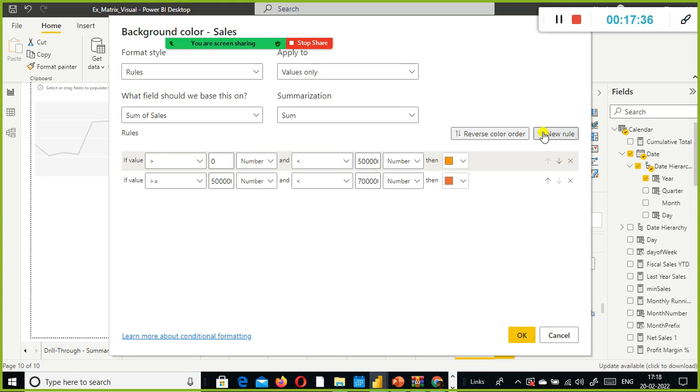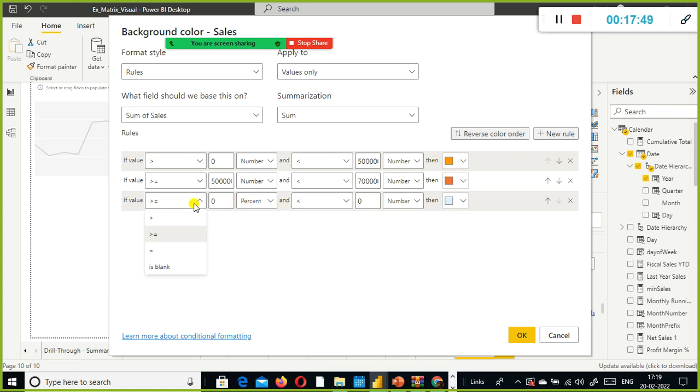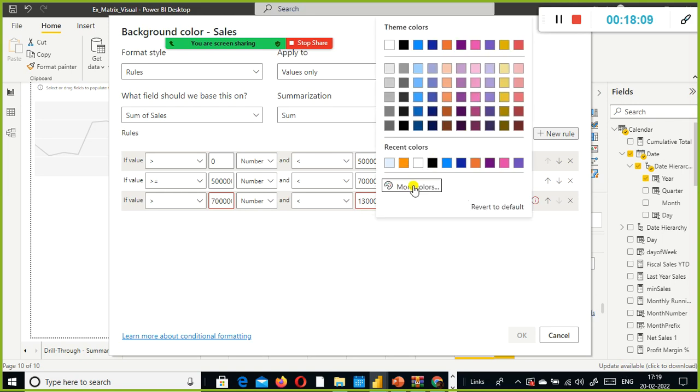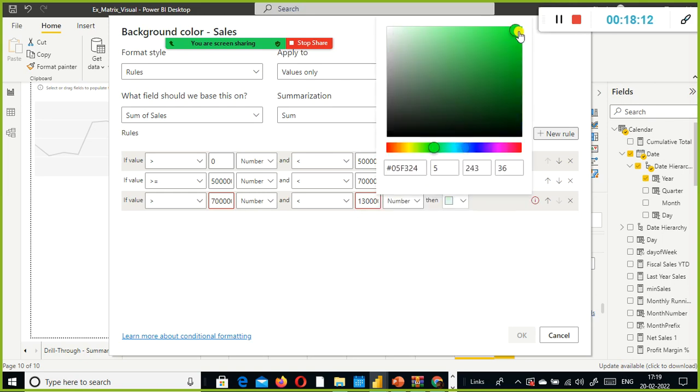Use some color. Okay, and ideally, so red, the green, amber. So this one is supposed to be red. I don't want to specify red now, let it be there. And greater than or equal to 7 lakh, something like that. Okay, then it is green. Look here, green got set here.